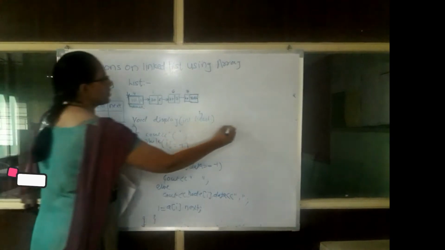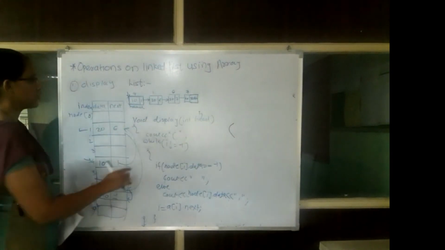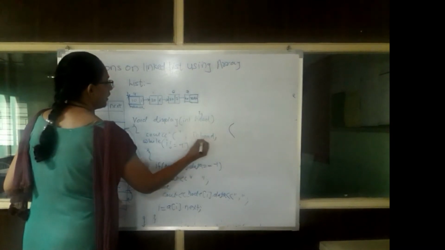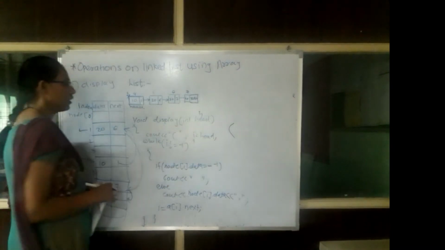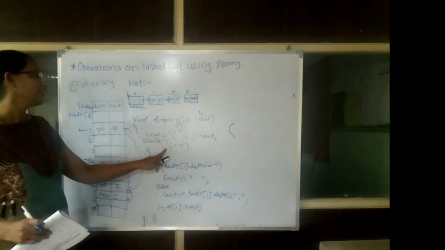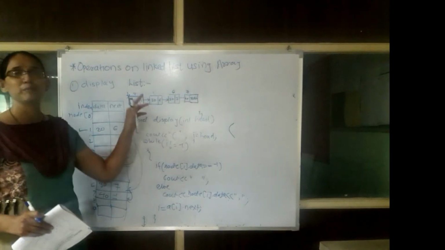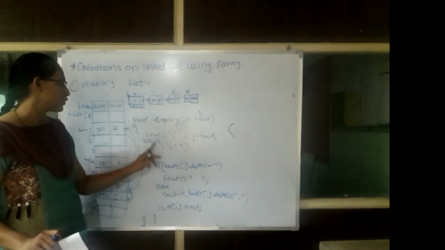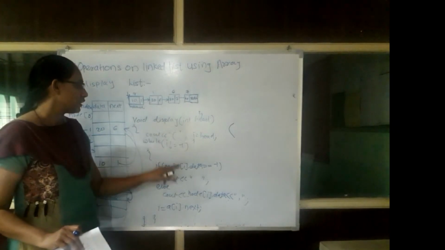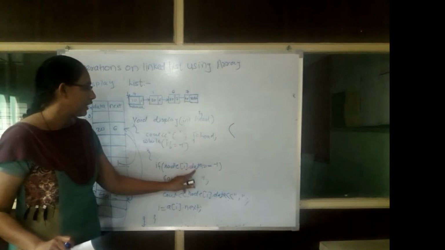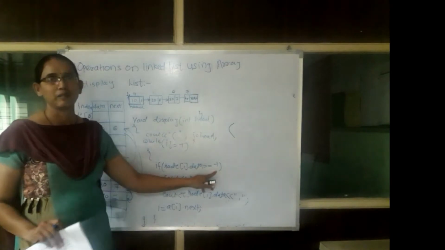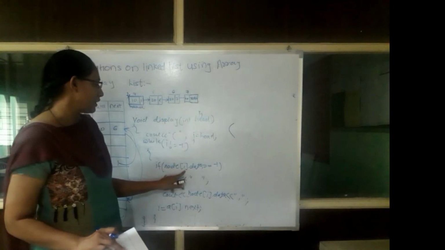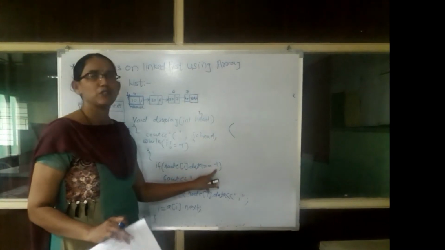So it will print first this opening bracket, then check. Here I is equal to head. Head contains 4, so the I value is 4. It will check whether I is not equal to -1. -1 means end of list, so for that we have given this check, whether we are at the end of the list. If it is not, then it checks whether in that location, the fourth location, the data part is equal to -1. It means there is no data. Whether at the fourth index of the node array the data part is equal to -1.